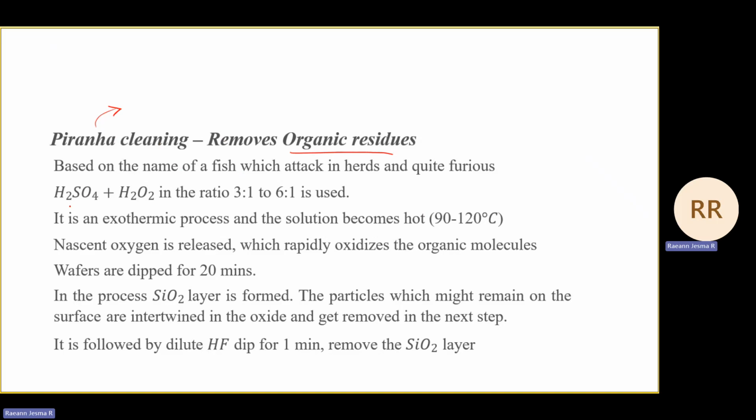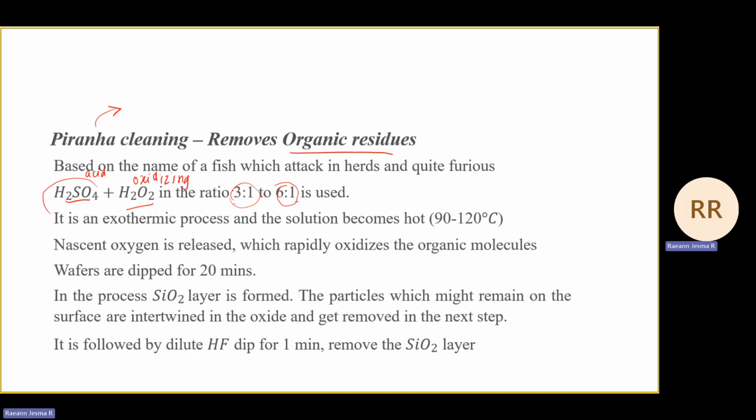What we generally use is H2SO4 and H2O2 in the ratio of 3:1 to 6:1. H2SO4 is our acid and H2O2 is the oxidizing agent. If we have a higher concentration of oxidizing agent, then the cleaning will be more vigorous. So the ratio 3:1 will be more vigorous than 6:1 because